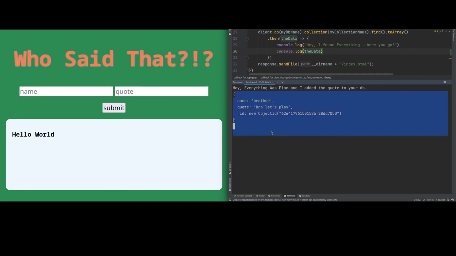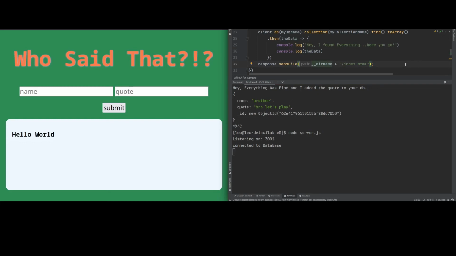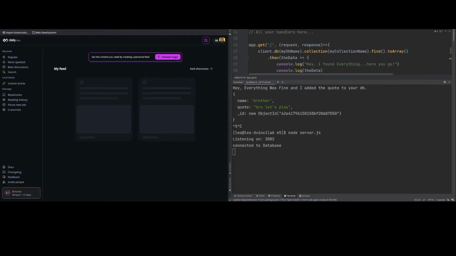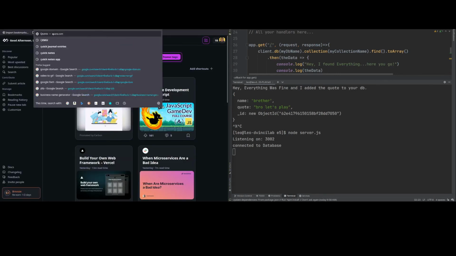But anyway, I actually added this already, so that's there. But I need to restart my server. There we go. So once I restart my server, now it should have all of this, and it's going to say, hey, I found everything, here you go. Once I get here, go back to here. Okay, so I don't have any more quotes from family members, so we'll just go to quotes